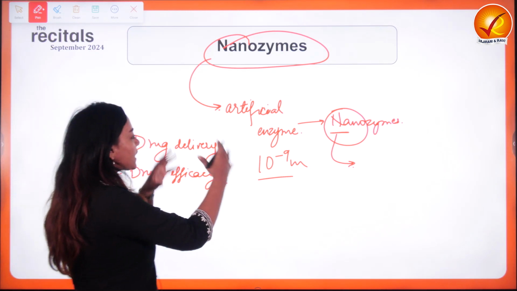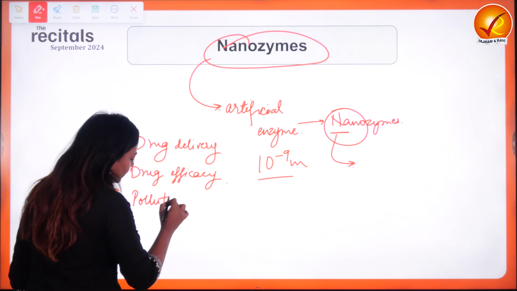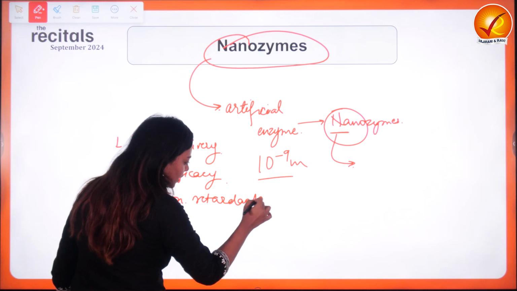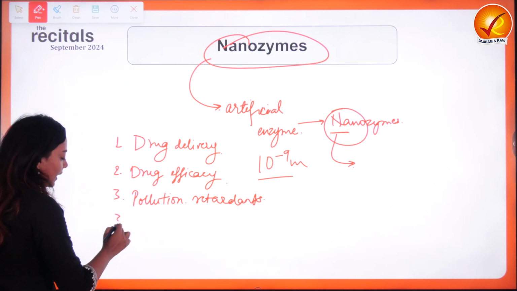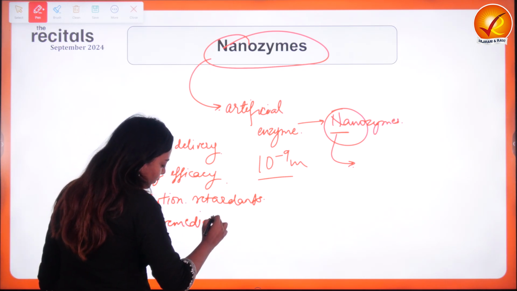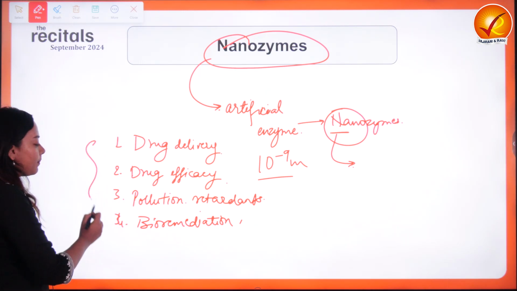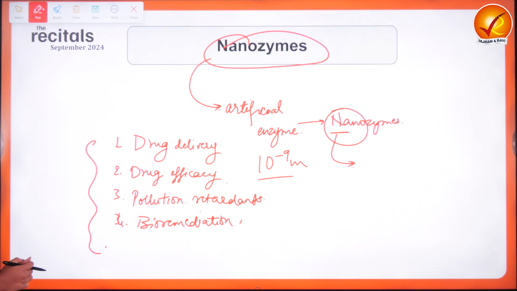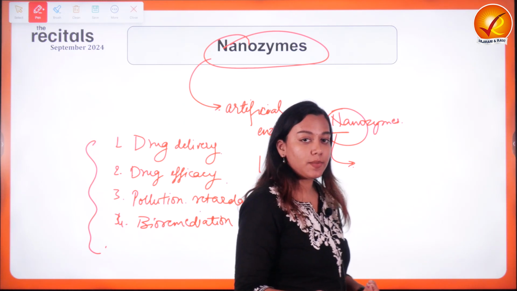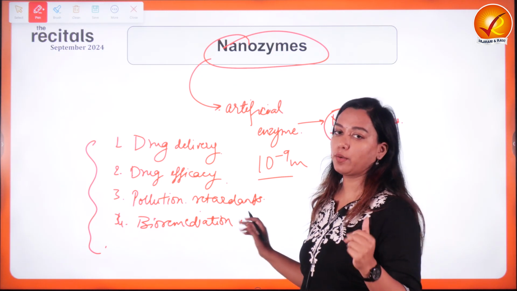Third one, because they expedite the breakdown of the organic material, can they also not be used as pollution retardants or for pollution treatment of the pollutants? Can they also not be used in bioremediation? I hope you are well versed with these topics because we have read them already a number of times. So it will have a lot of applications from waste management to medical sciences, even in industrial application, because it will expedite the chemical reactions for manufacturing facilities. So many advantages are there for bioenzyme, for nanoenzyme.